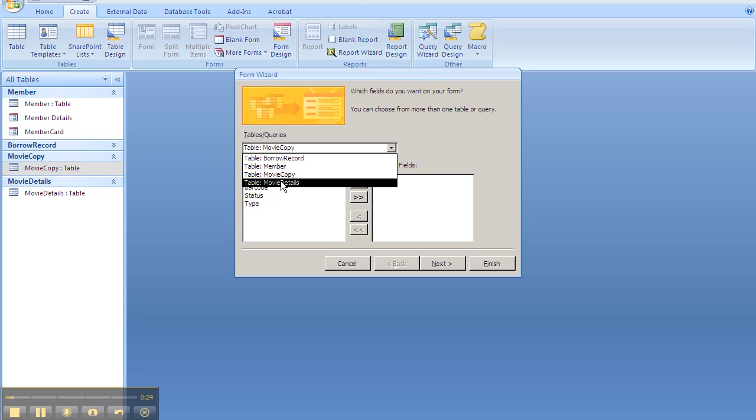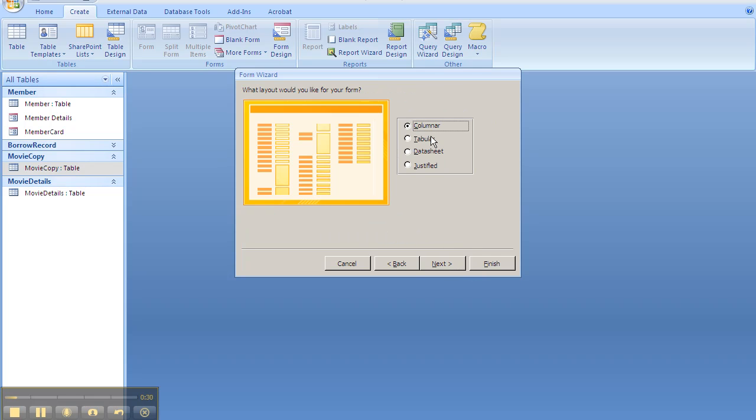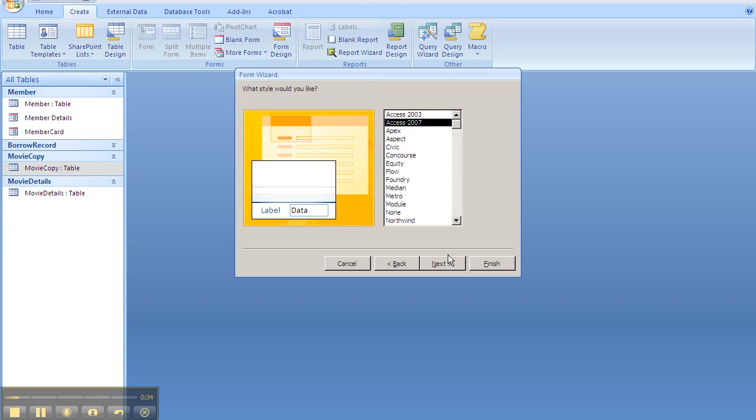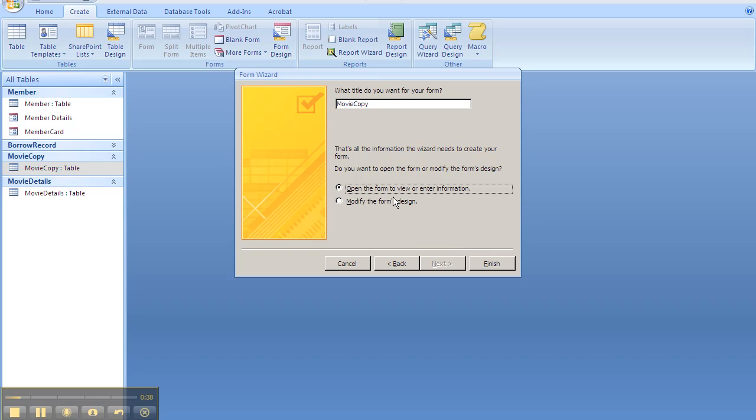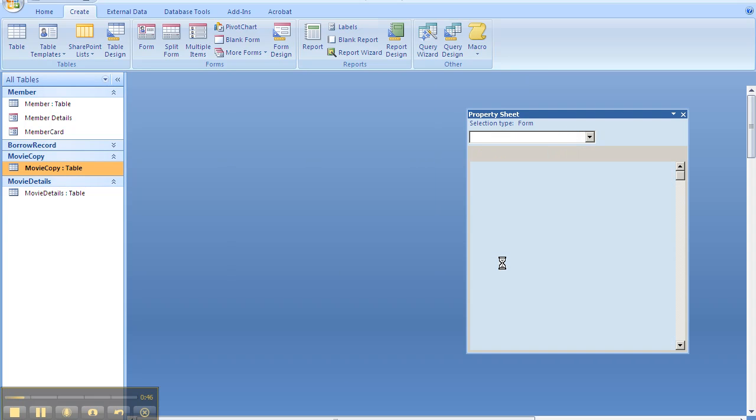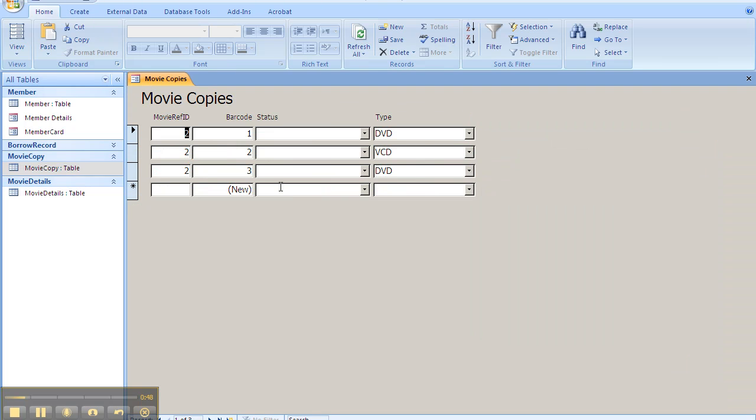We're using information from our movie details, movie copy, and we want all of those fields. And we're going to have it tabular, so it's arranged in columns. And it doesn't particularly matter. I'm just going to do something boring because it's easy to change. And movie copies and finish. It's always a good idea to look and see what it looks like first and then go